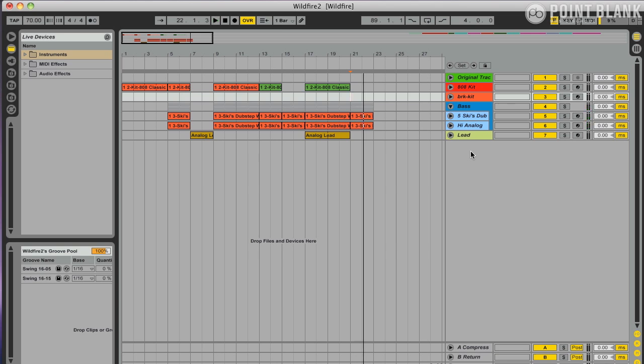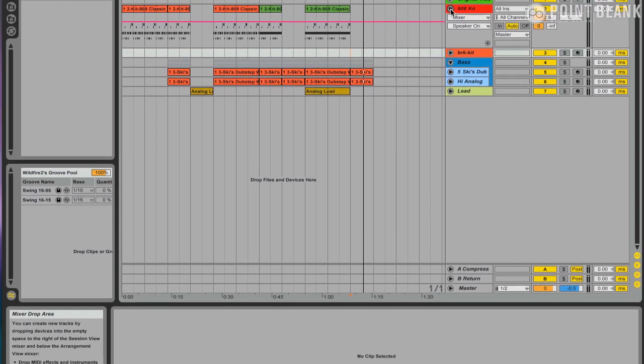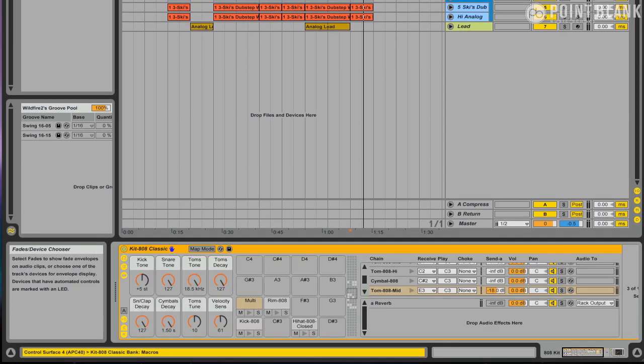But let's maybe try something with the drums. Maybe we could add some kind of effects to the drums. So I'm going to do that now. Let's maybe add some kind of reverb send and then play that in. That could be quite cool. So I've just opened up this drum rack here that's playing the sounds,